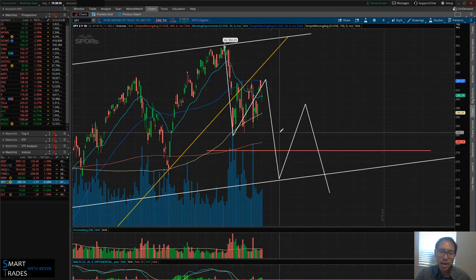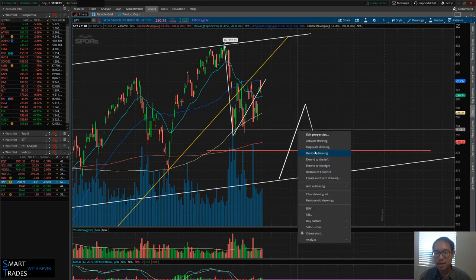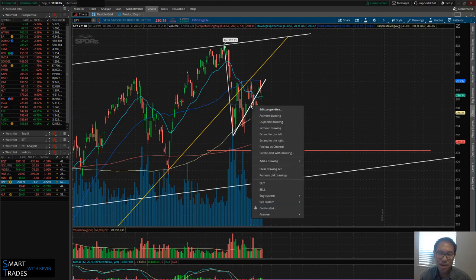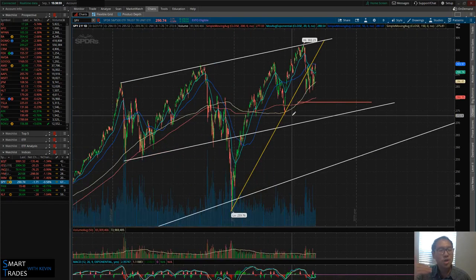But I need the chart pattern to tell me something first before I can decidedly say that the trend has flipped, or the major trend has flipped from bullish to bearish. Does that make sense? So if you were wondering, how come I keep pointing out the bullish side of things? Why am I always bullish? That's why. I need the charts to tell the story first,